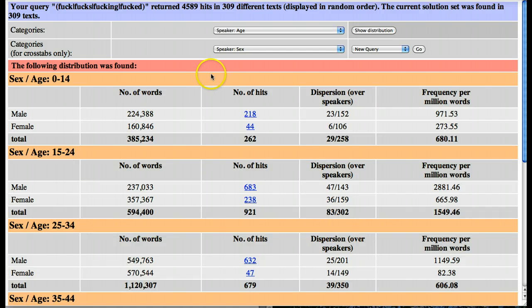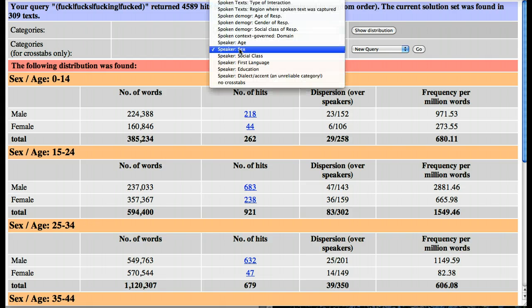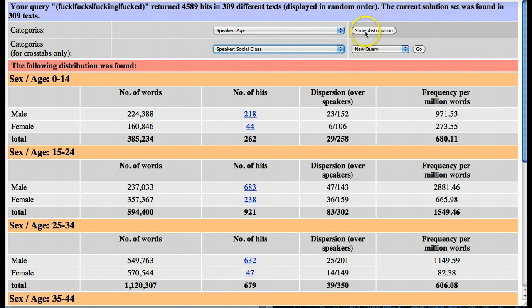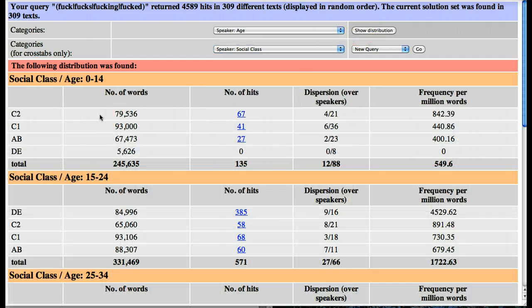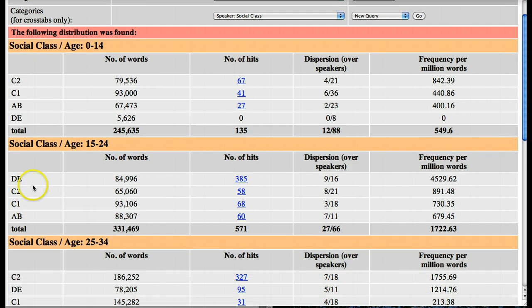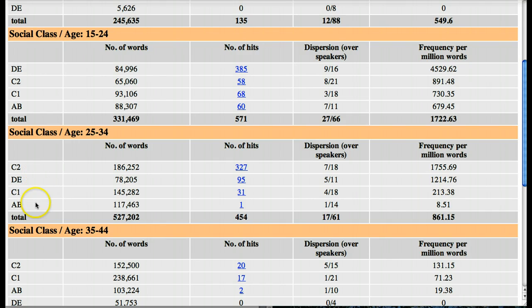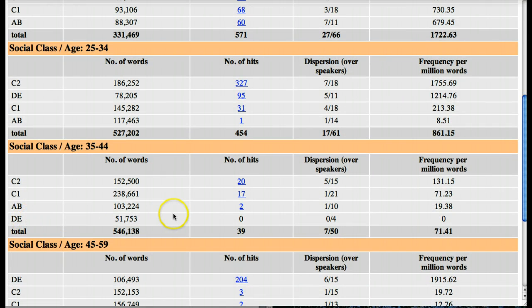And the final one we'll look at is the interaction between age and social class, because again this is quite interesting. If we look at this, we'll notice that at different age groups the classes are distributed really quite differently from what we'd expect. So in the youngest age group, in fact, none of the people classed as DE used fuck at all, whereas C2 was relatively frequent. In this age group, 15 to 24, we get the expected distribution. In this one, it's quite close. In this one, again, DE is right at the bottom,